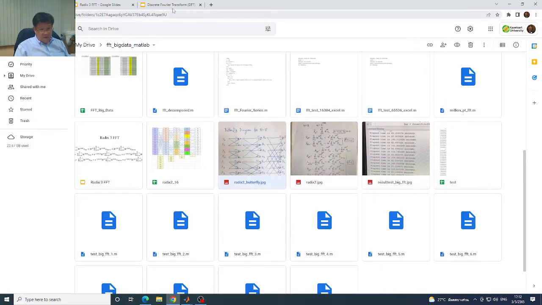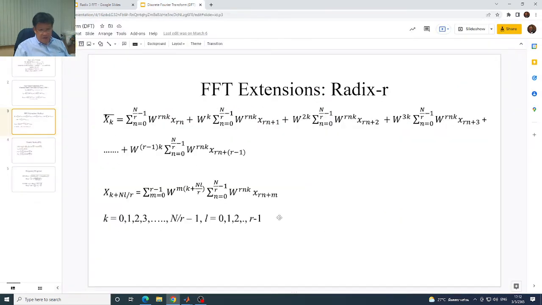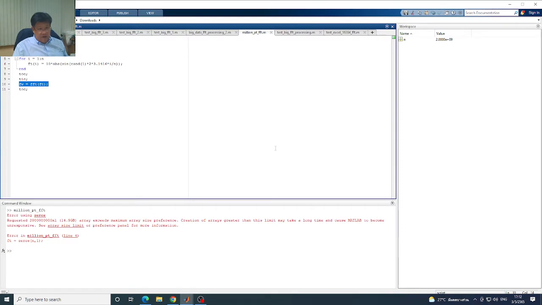So today we'll talk about Radix-r here, how we can code it in the Matlab environment, and how it applies to large scale problems. And you have to remember one thing about the first problem that we face here: when you have such a large problem, you don't even have the main memory to handle it. So the very first step you need to do is write a program